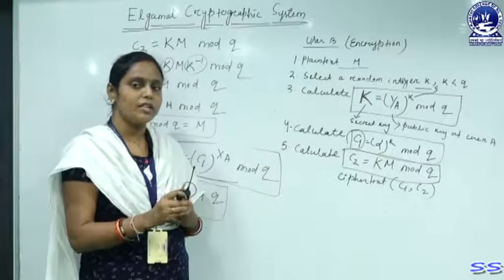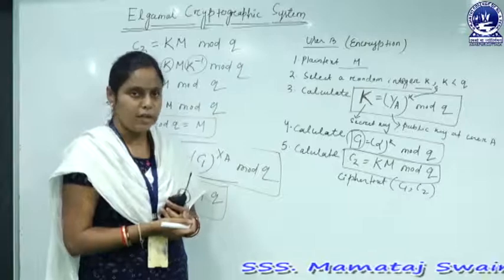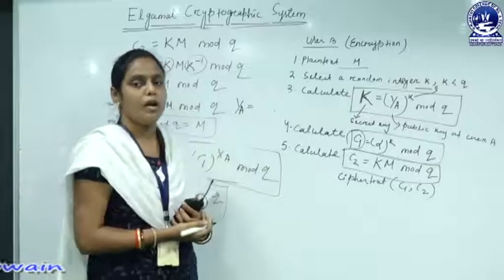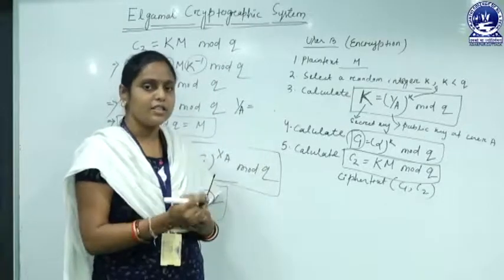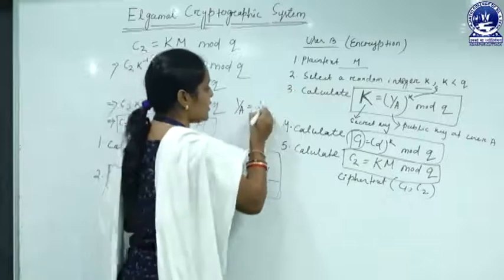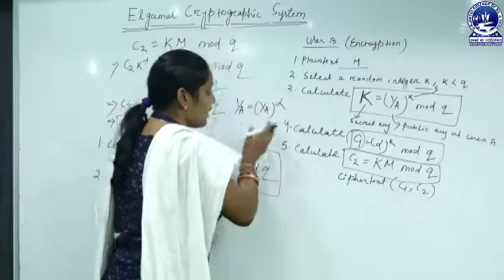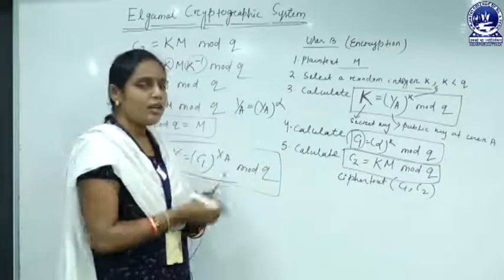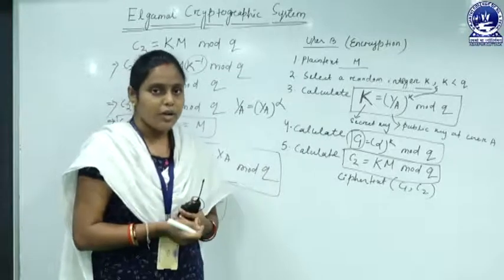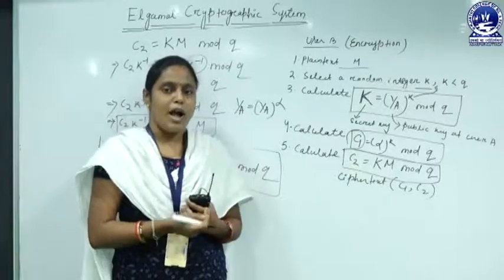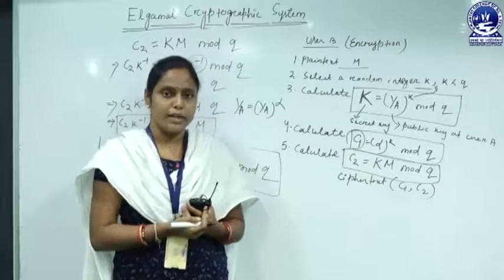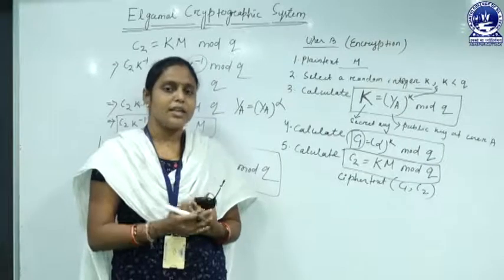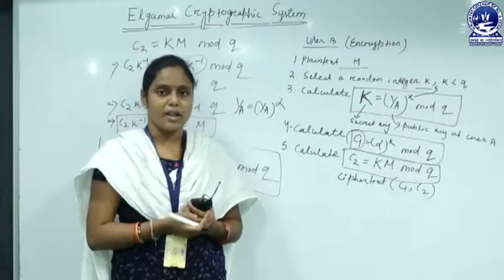From that random integer the user generates its public key, which is equal to ya, and this ya is calculated from the xa and the alpha, that is the primitive root. That means ya is equal to alpha to the power xa. In a similar way, the Elgamal crypto system also generates the public key and private key. But here in the Elgamal crypto system, after generating public key and private key, it encrypts the message by using the secret key, and this secret key is only known to the sender and receiver.